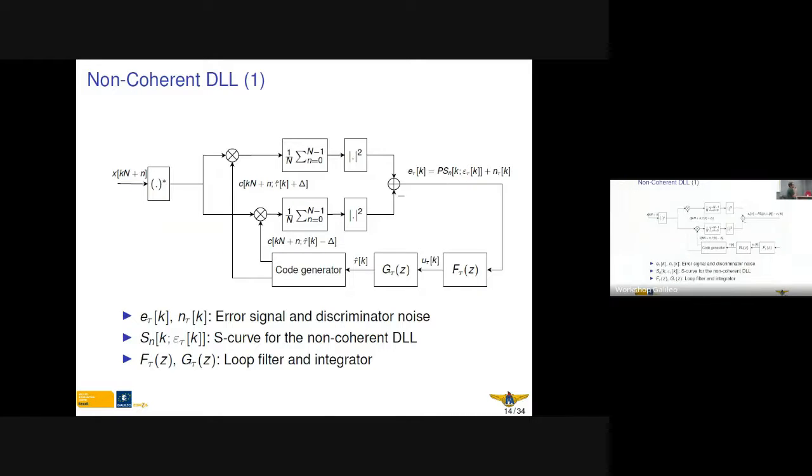Yeah, so here's a block diagram now. What happens in a non-coherent DLL? We can clearly see we have these two branches of correlation, the early and the late. In the